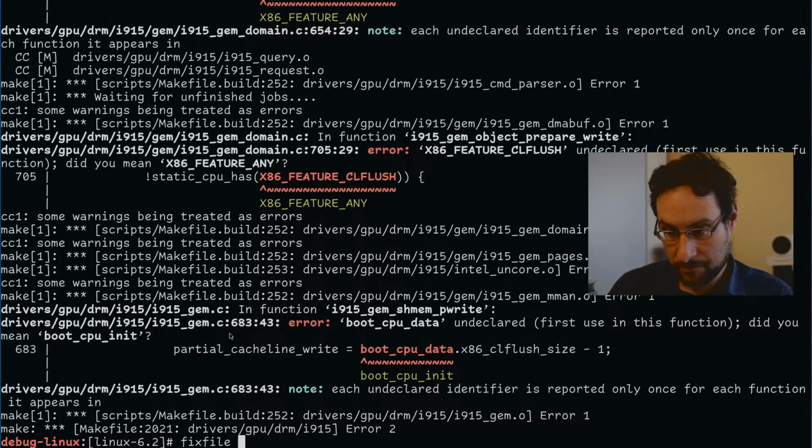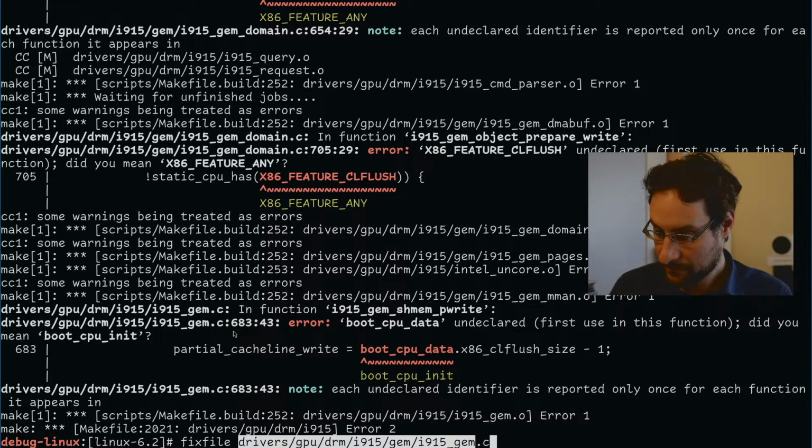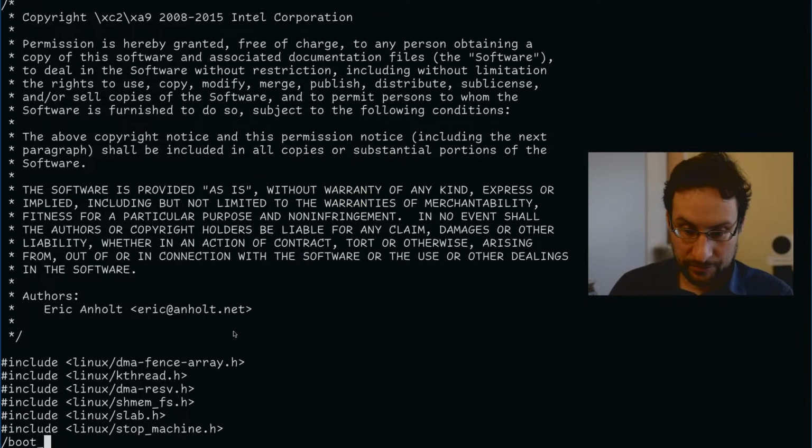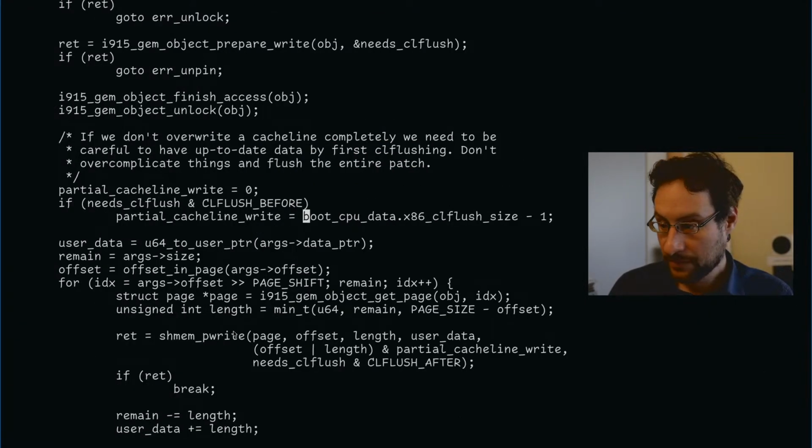There's also, is this the same? No, gem and gem domain. There's also gem. Boot CPU. So